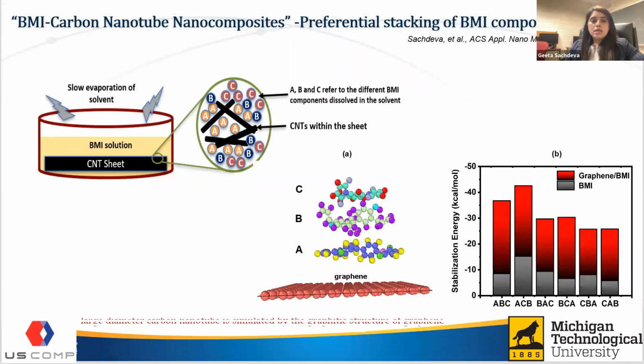Recently we have collaborated with Georgia Tech to validate their experimental data, where they found that BMI polymer has 3 components and one of them has preferential stacking over the other. Since it is difficult to find this using experiments, we did molecular-level simulations using LAMMPS. Out of these 3 components, A, B, and C, we found that A has more strength than B and C just because of its planar structure and less tangling. It can be clearly seen in the rightmost figure.